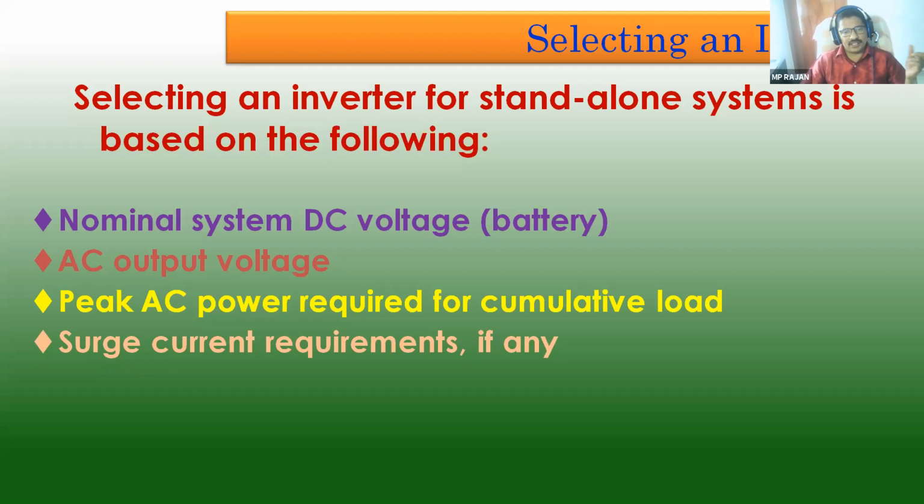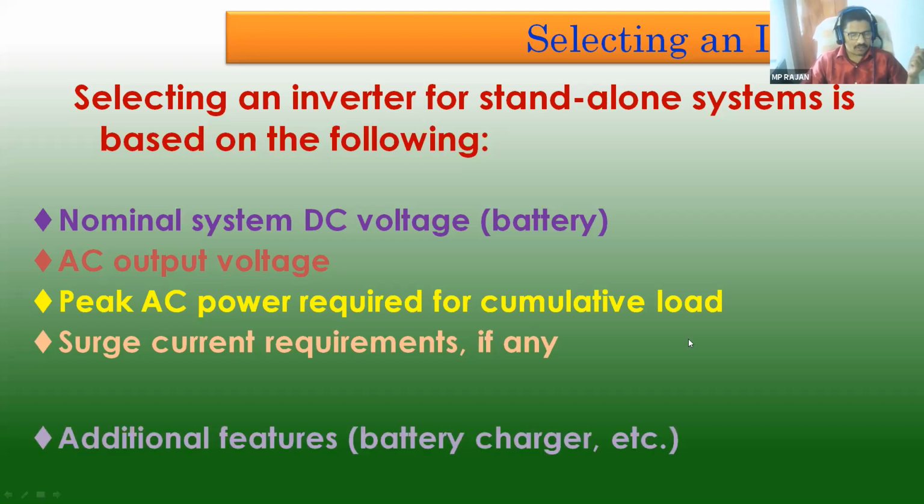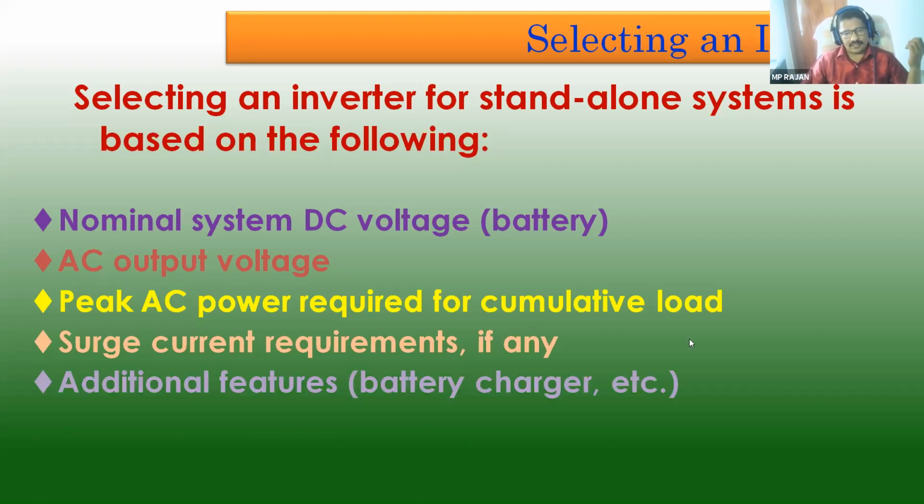Accordingly, your inverter should be changed, your battery should be able to handle it, even though it is for a small period of time, your solar panel, everything will be very costly. So otherwise you can avoid connecting your AC, motor, etc. For these, you can separately connect a solar panel. That will be better. Now solar power based air conditioners are available in the market. Solar water pumps are available in the market. While connecting all these things, selecting the inverter, you have to consider all these. Additional features: if you want a battery charger to be connected in the inverter itself, you have to look at that also. So in the market, you have to select all these things.